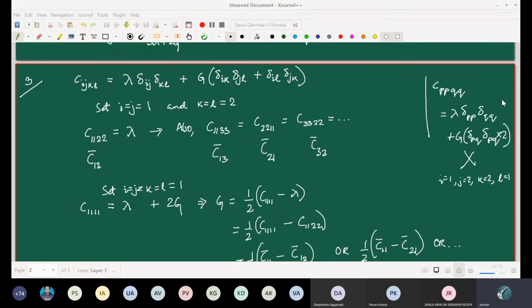So Akhil Prem is writing there are only 3 equations possible, rest elements are 0. Which question are you referring to, Akhil? Akhil, can you please unmute yourself? So in question number 3. What do you mean only 3 equations are possible? So these 3 equations, that is the lambda plus 2g, lambda and g, only for these 3 values. Right. Rest elements are 0. Okay. That's all we need, right?